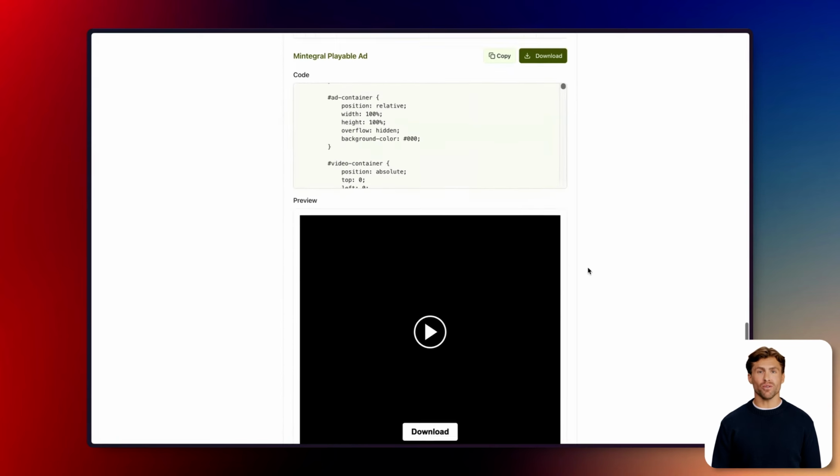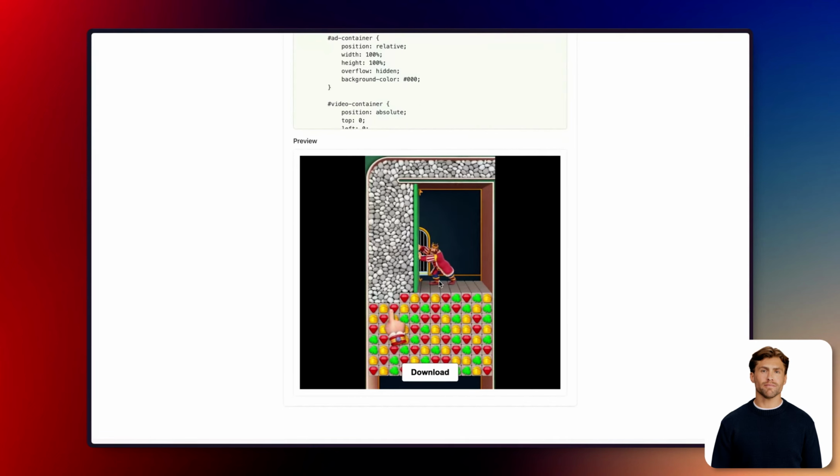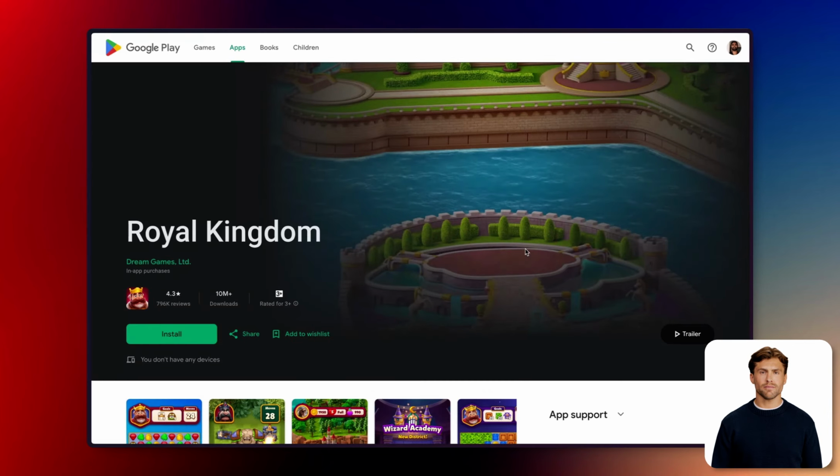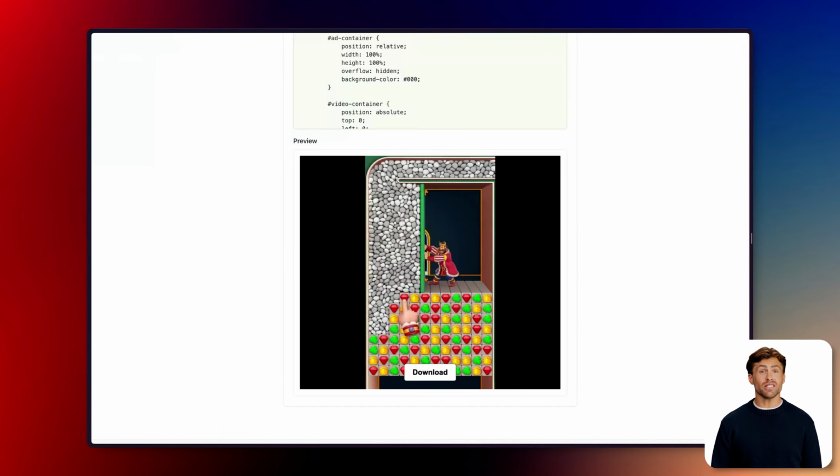Now, this is what the preview looks like. As you can see, it's incredibly simple. In just a few clicks, your video ads are converted to be